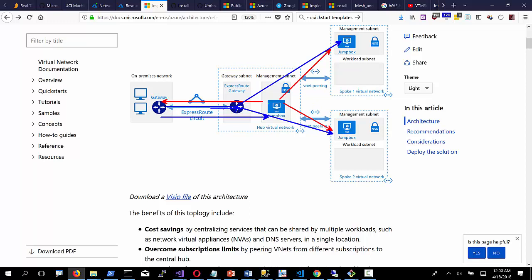The green line represents the jump box in the spoke. Jump box in the spoke can access the hub resources, can also access on-prem VMs, but it does not have access across the spoke. Now, to make this connectivity so that spoke can communicate with each other, we will need to continue and deploy a network virtual appliance. The job for that network virtual appliance is to allow traffic coming from the spoke